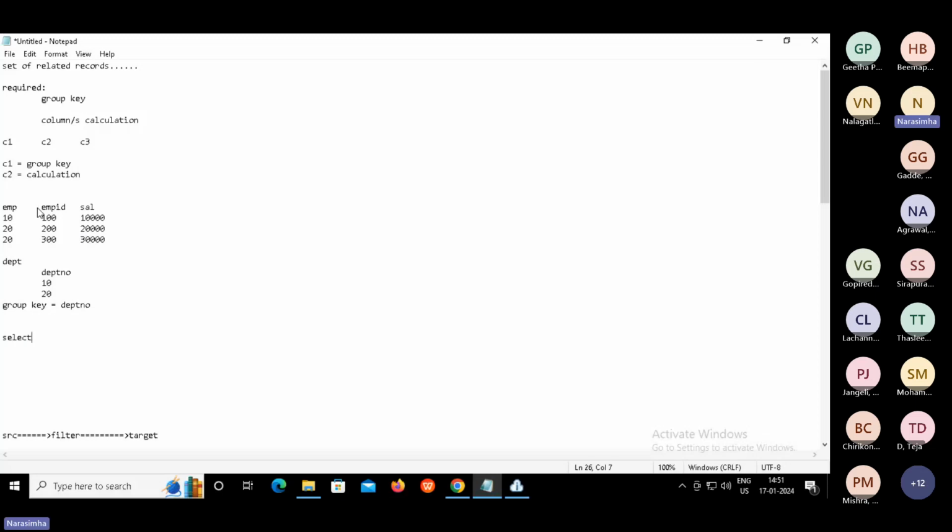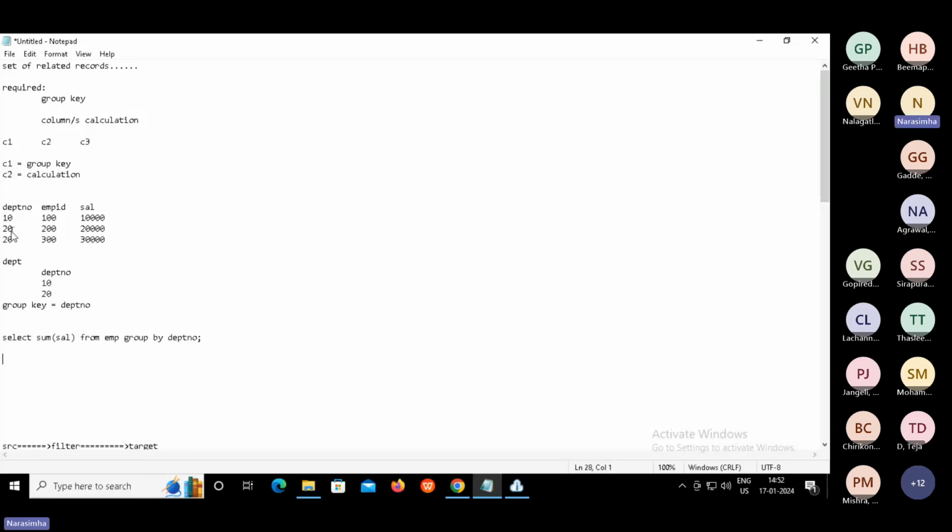Now, in the database, let's say we need to obtain the sum of salary drawn for each department. In that case, sum of sal from which table? Employee table, first one, right? Group by, what is the group by column here? Department number. That's all. Because the employee table contains department number in both cases, which is the common column, right? So with this, we are able to see the result.